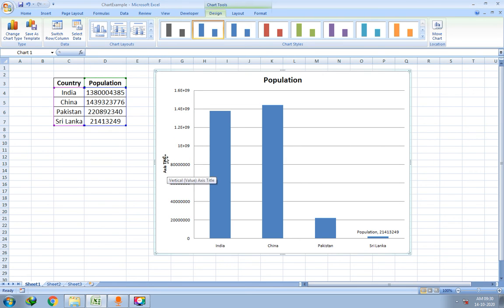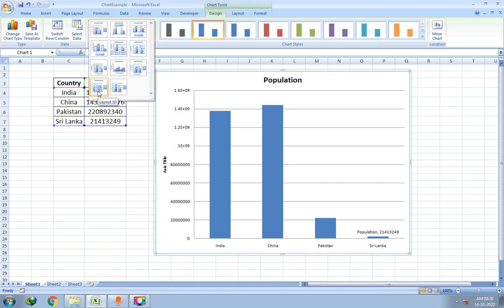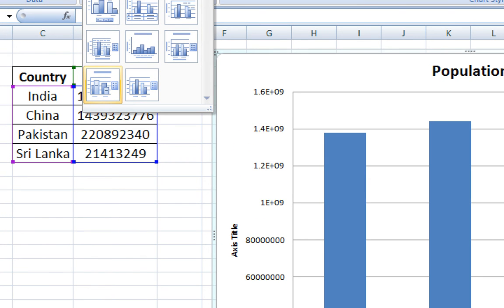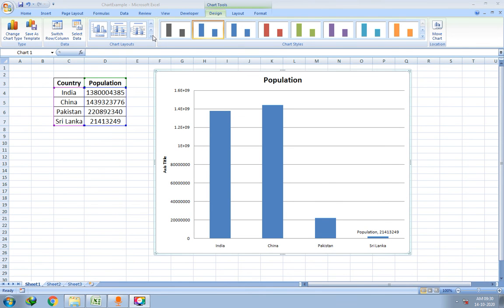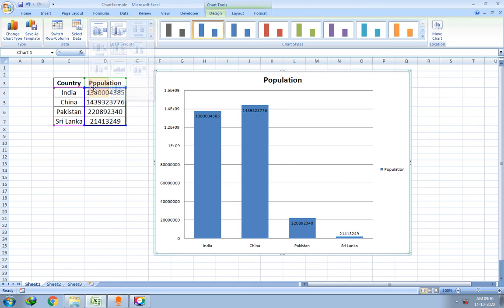Now here the axis title and the axis title of the y-axis are appearing. Let me select layout 10. This is layout 10, right? So I'll click on that. So it is like this, data is appearing at the top.